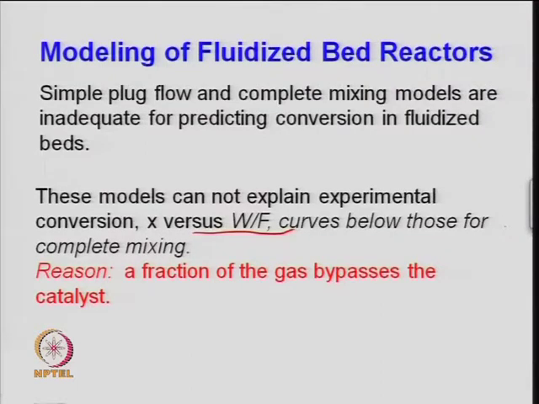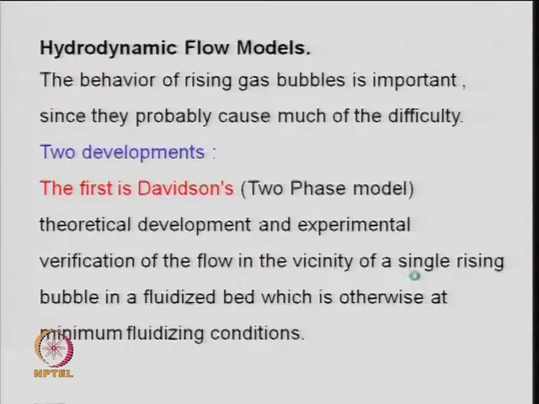In general, what I discussed is your conversion versus W by F naught curve, and you need to look at the degree of back mixing, but they are not well suited to define a plug flow reactor. The reason is that a fraction of the gas bypasses the catalyst, right. Some of the gas is leaving the bed without contacting the solids, and this will happen because there will be pockets of solid and gas. There are voids between these solid particles and the gas leaves through them, right. So, it may not be good to define it like a CSTR or a plug flow reactor. So, we need to do hydrodynamics. The hydrodynamics of this fluidized bed reactor is very crucial to define the residence time distribution. So, let us look quickly at that.